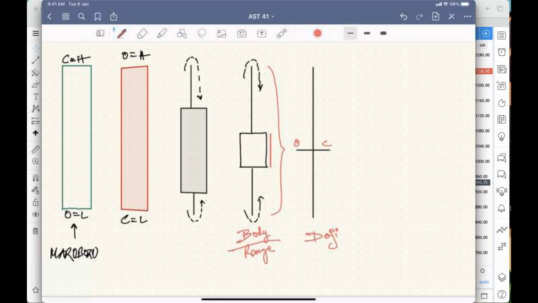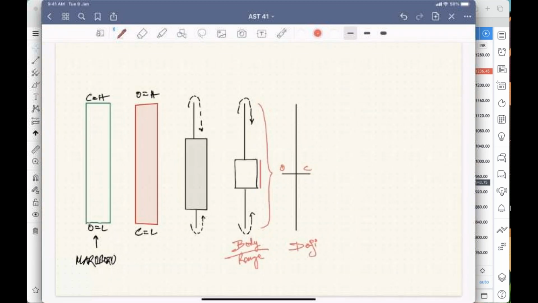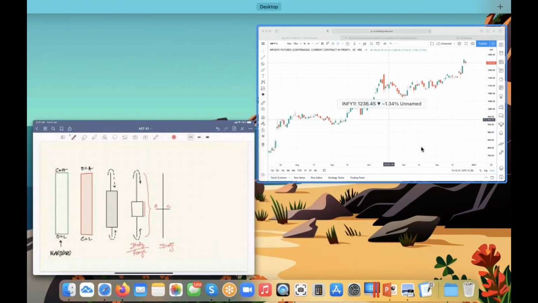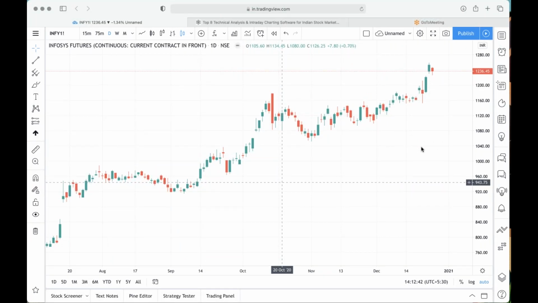So an extreme sign of uncertainty in terms of the underlying trend. Uncertain, unsure which way the market wants to go. The strength of the buying and the strength of the selling is quite similar. And so now when you look at a chart,